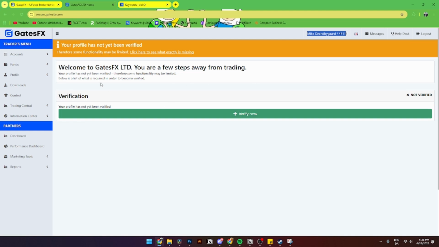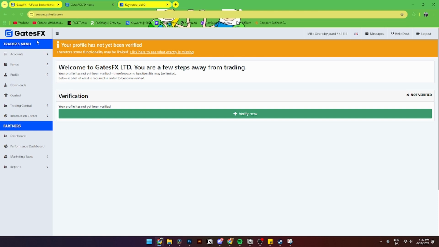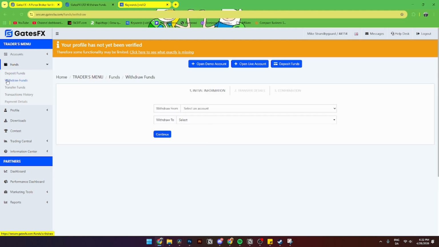Now from here you'll need to go over to the left hand menu or to this hamburger icon over here. From here you'll be able to see the traders menu. You'll simply need to go down to funds and then click on this little icon so the withdrawal funds will pop up. Once here, you'll simply need to click withdraw funds, and from here you'll be able